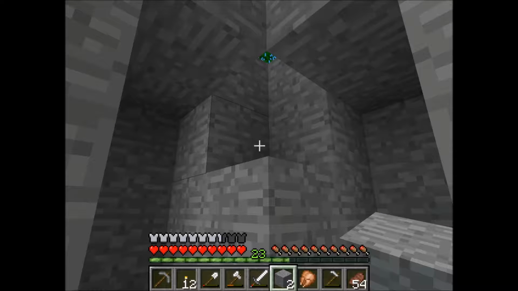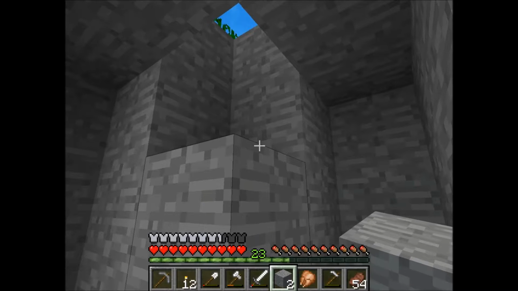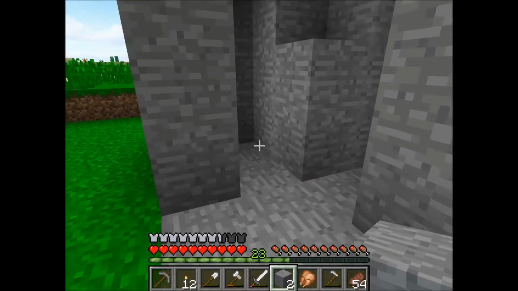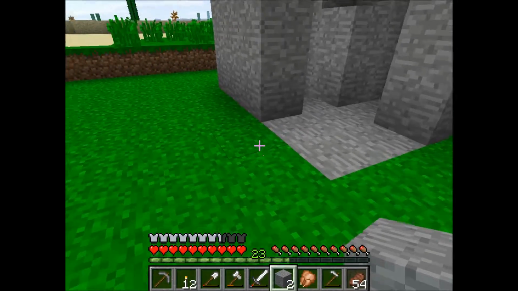That'll make the source block right next to, I don't want the source block right next to the water source blocks. I think it goes up here. Kind of being forgetful here. So this water will go here and here, water source blocks. They'll flow down, they'll flow out this way, and